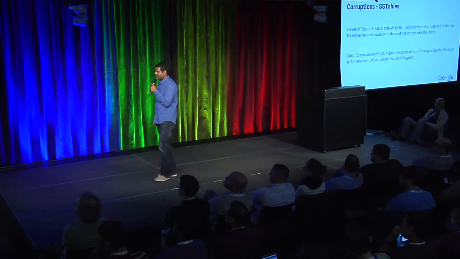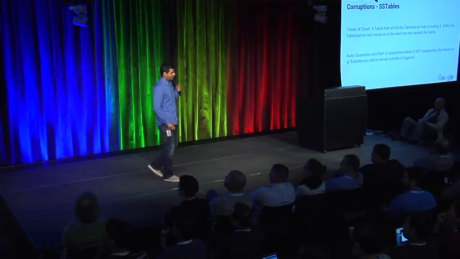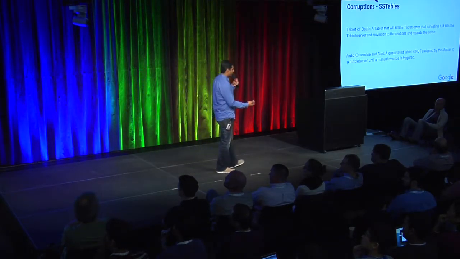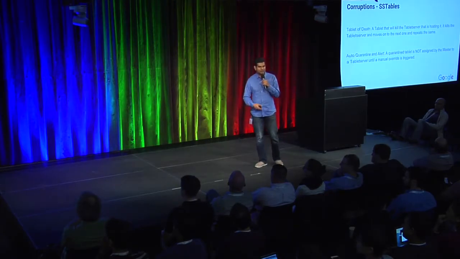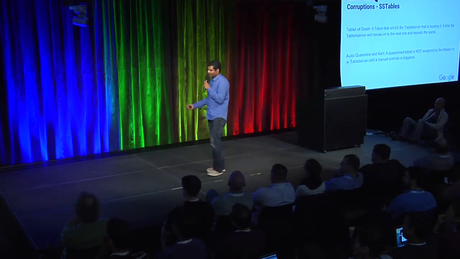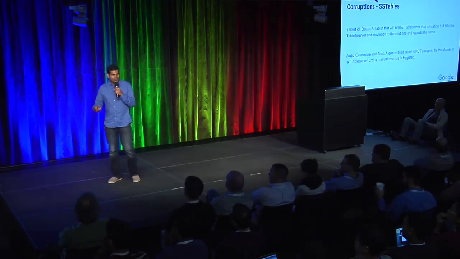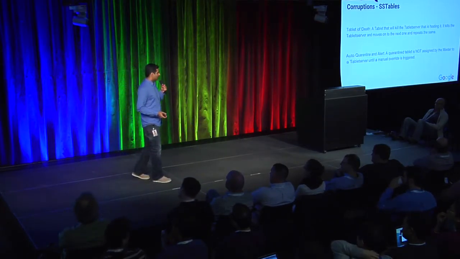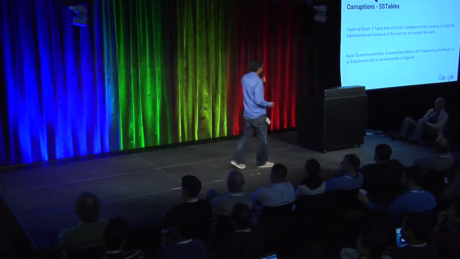So, corruptions in SS tables. I think we kind of understand this, right? We just talked about the write amplification, the fact that we need to rewrite all the SS tables, as SS tables are constantly being rewritten. But there's also another aspect of this. We'll talk about how to deal with SS table corruption in general, but the immediate effect for the